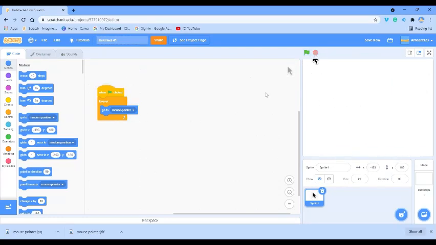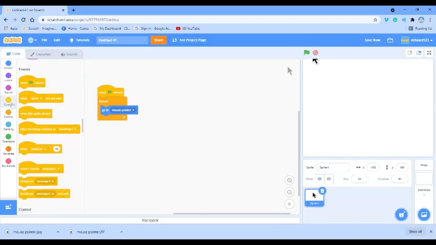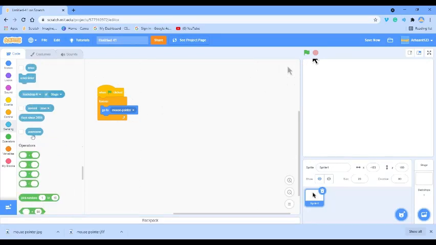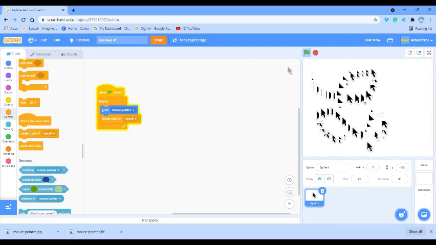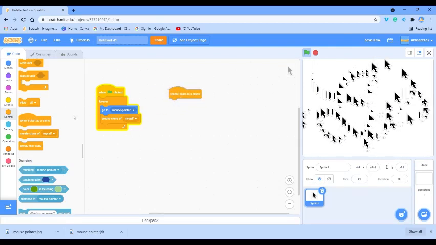So now we're going to add the trail. We're going to start a clone of myself. I'm going to add that here. So it's filling it with clones. And when I start as a clone,